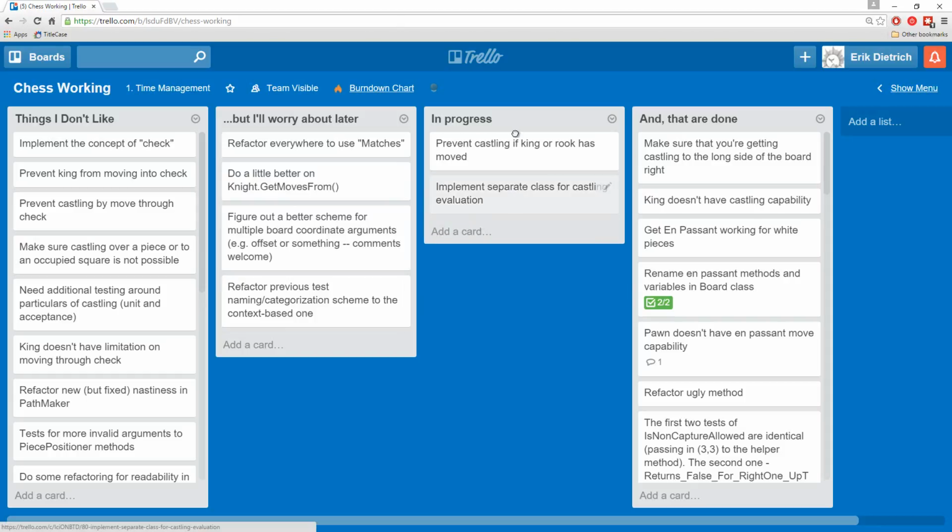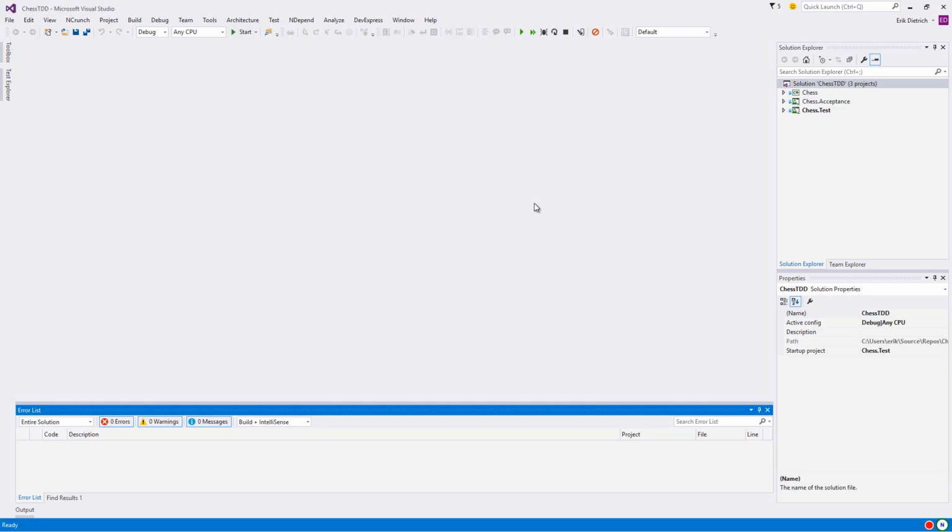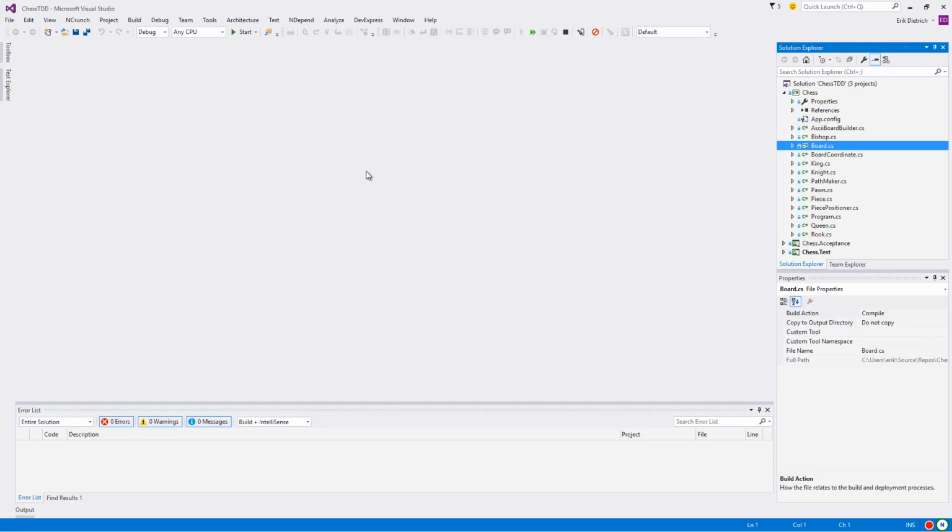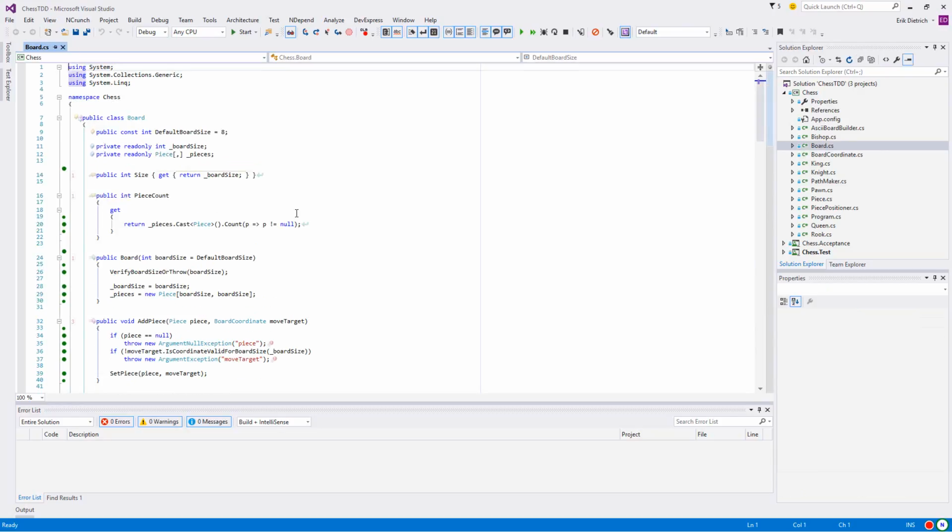And in this one, you can see me adding a Trello card as we speak. I had alluded last time to the idea that I kind of wanted to reboot and take a fresh crack at implementing castling. And what I've done here,